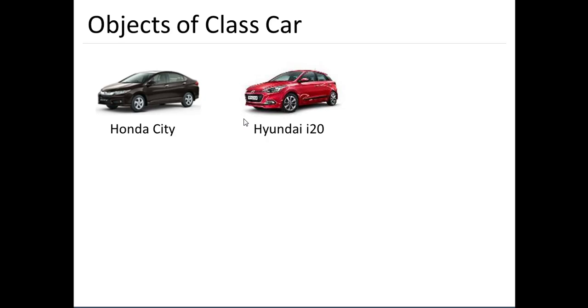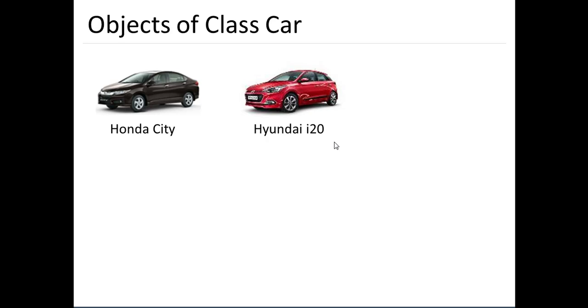But again, the car which we have seen earlier was not functional. The class car, the one that we have seen in the earlier PPT, was not functional. But I can work with this Honda City. I can work and I can use this Hyundai i20. So these are the functional cars. In one sense you can understand this: a class is not directly useful as long as you don't have the object of it.